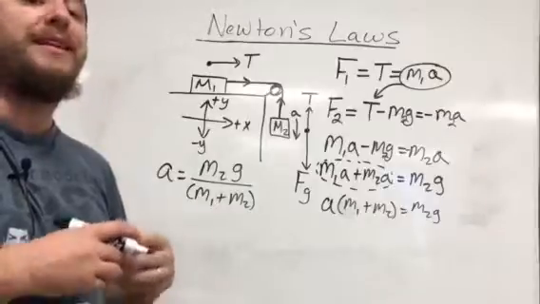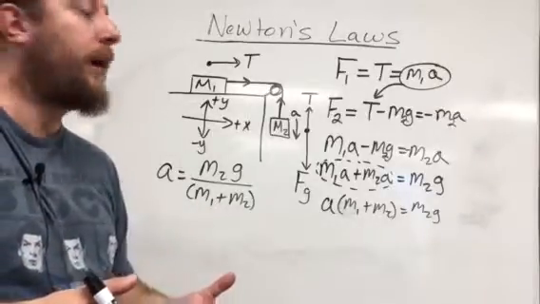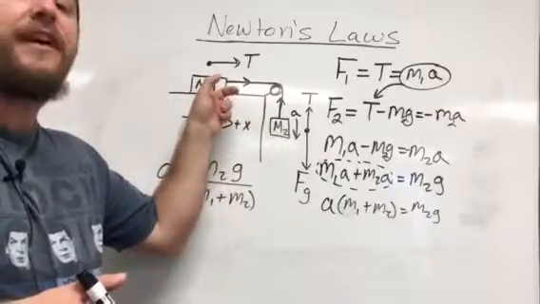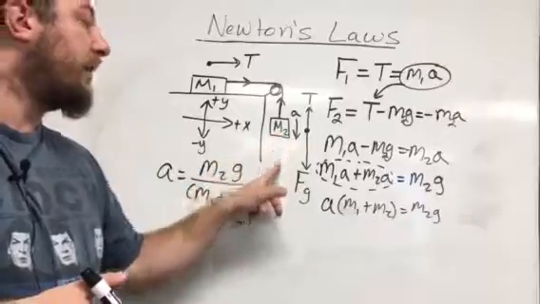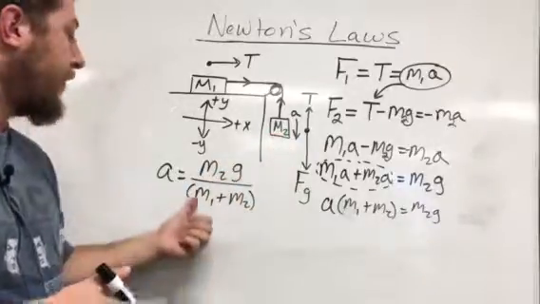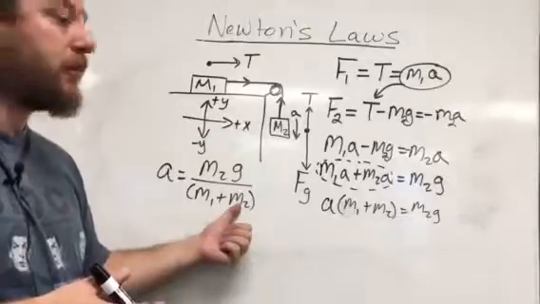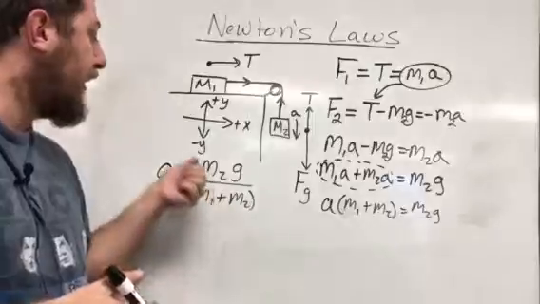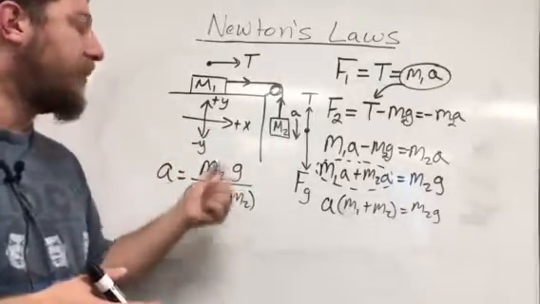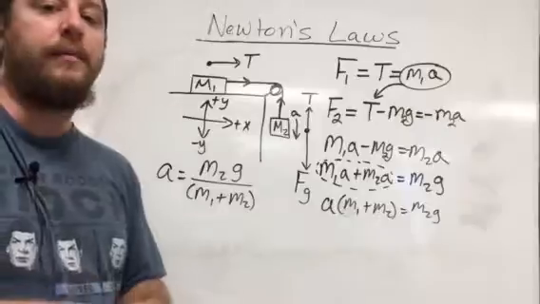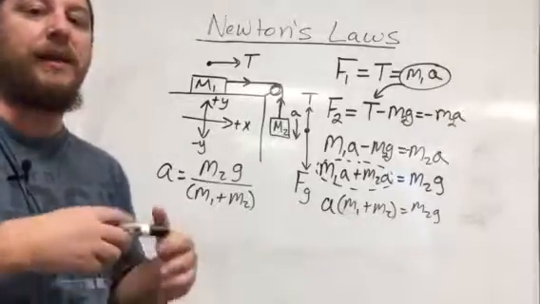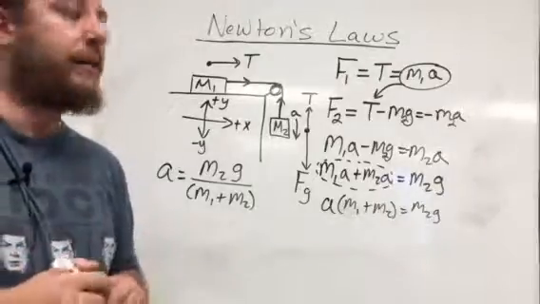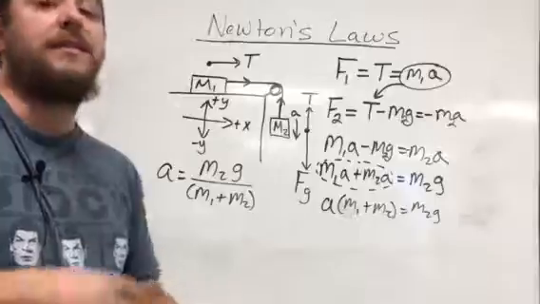What if M1 is really, really small compared to M2? Okay? If M2 is very large compared to M1, then it really shouldn't feel the effect of being attached to M1, so the acceleration downward should approach that of gravity. Well, if M2 is really, really large, then the denominator here starts to approach M2 itself, and I get M2 divided by M2, and my acceleration is approximately the acceleration due to gravity. So this formula is consistent with what we would think would happen, but this is mathematically one way that you can get there, okay? Now we're going to see several more examples